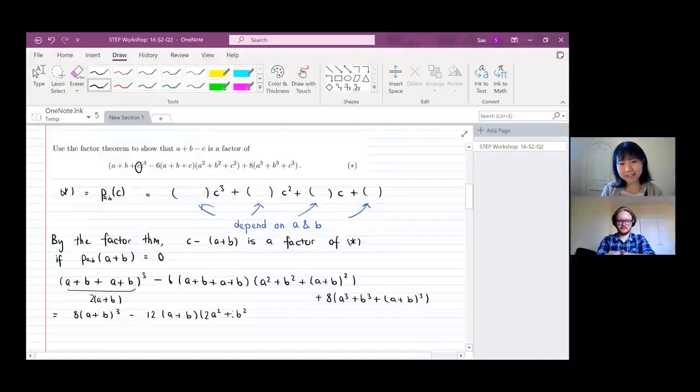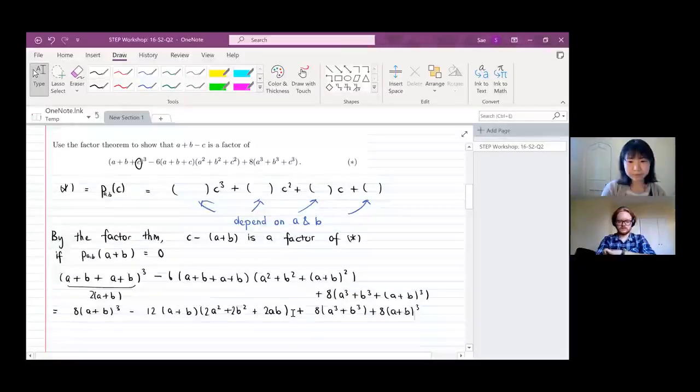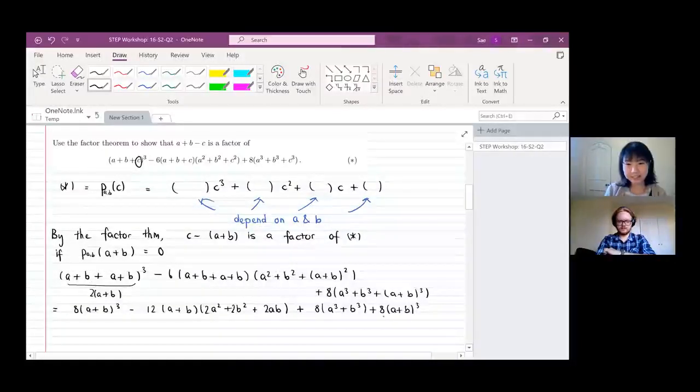There's two of them here, and then there's a 2ab plus 8, 2a cubed plus, well, I think I'm actually going to leave that as an a cubed plus b cubed plus 8(a plus b) cubed. Now the reason I've done this is because then I can stick together. We have a 16(a plus b) cubed